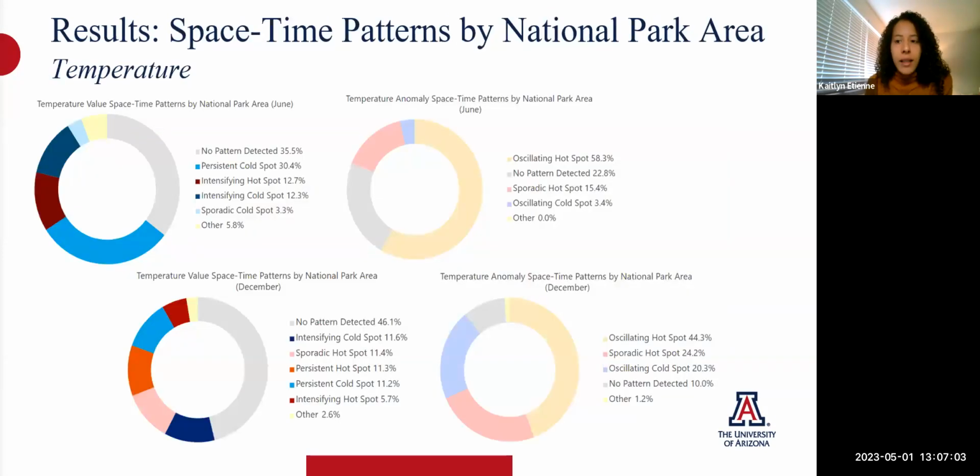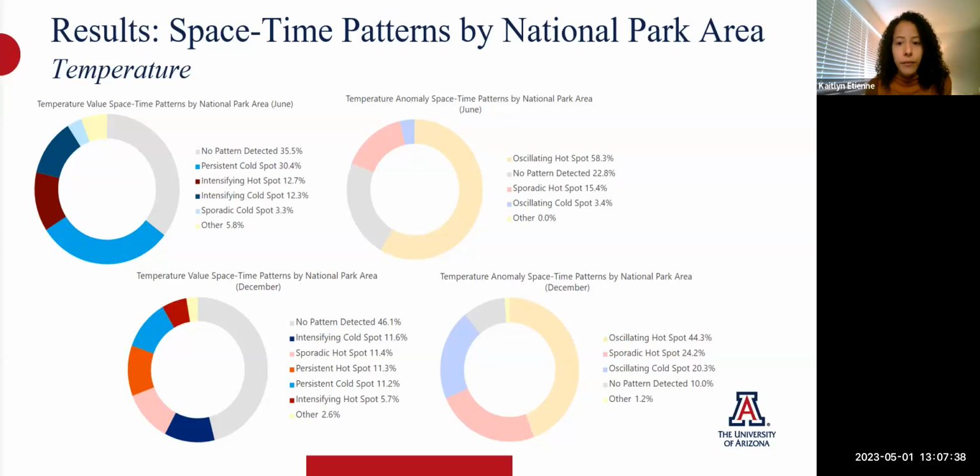I wanted to visualize patterns that were just happening within the boundaries of the national parks. And so here you can see I was able to do that for the temperature values and temperature anomalies. In the top left chart for June temperature, I did note that 12.7% of national park area falls within the intensifying hotspots, which I saw on the previous map. And so this is kind of how I chose to break down this data and observe changes within my study